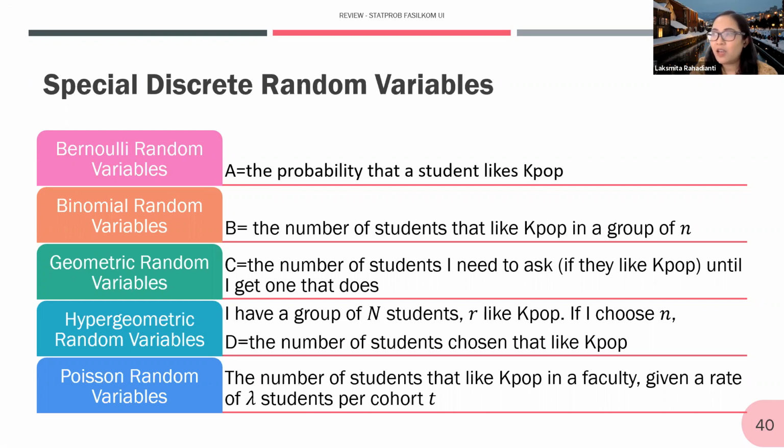upcoming, I think there's going to be an online SM concert soon. So if I'm going to choose at random 2 students to accompany me to watch this concert, what is the probability of me choosing students that actually like K-pop? Since I'm choosing 2, what's the probability of me getting 0 students that like K-pop, 1 student liking K-pop, or 2 students liking K-pop? So here I have a group of